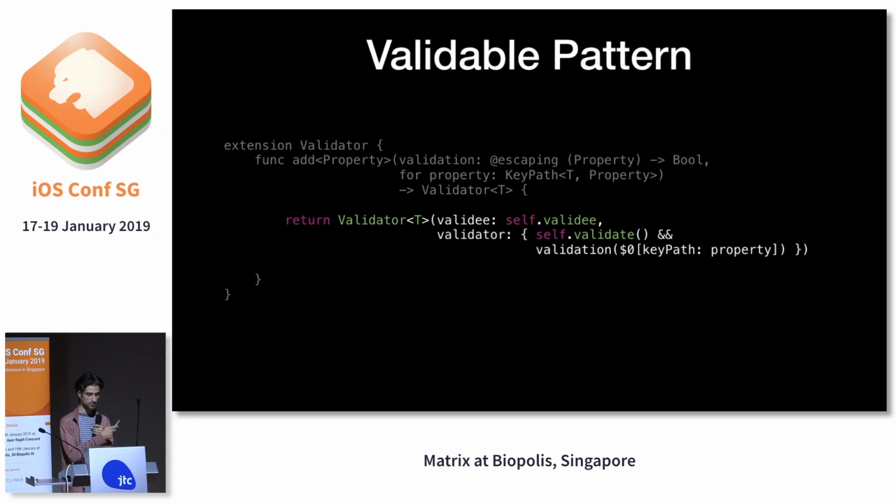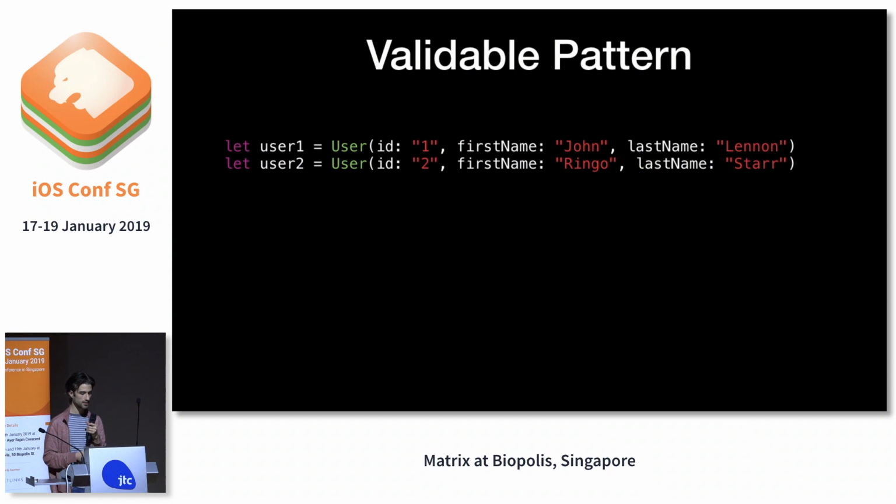So inside, we just build a new validator. The validity stays the same, and for the condition, we evaluate the current condition, and then we evaluate a new one, and we do an AND between both of the conditions. So basically, we're doing some sort of linked list of conditions that is going to be reduced with the AND operator. And then in our code, once again I define two users,